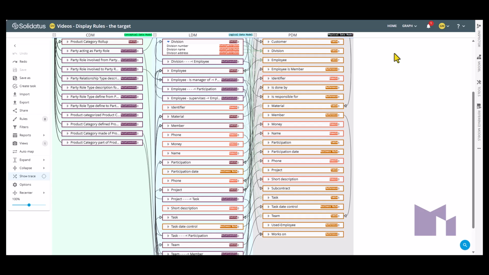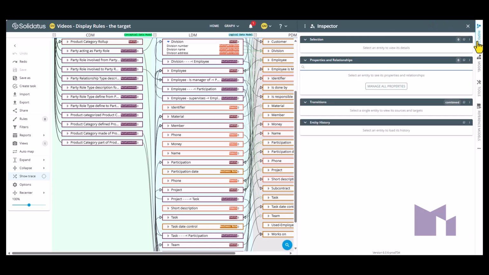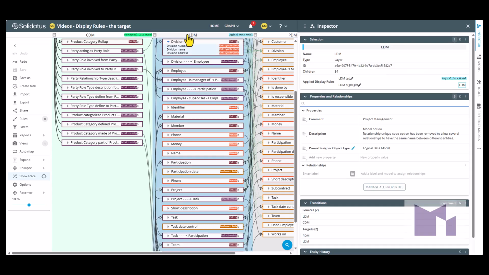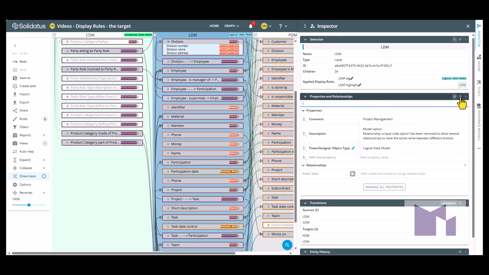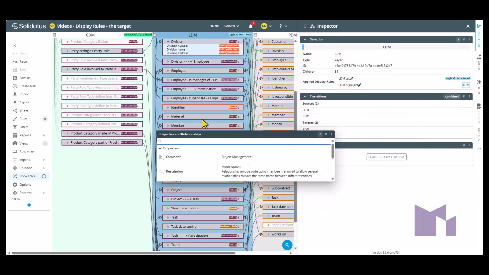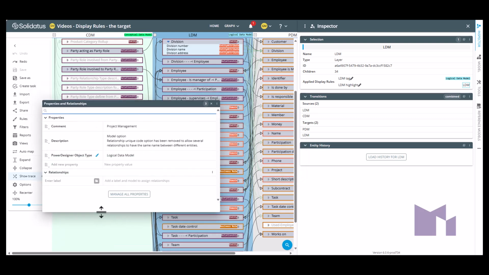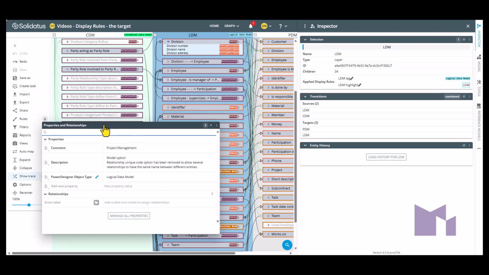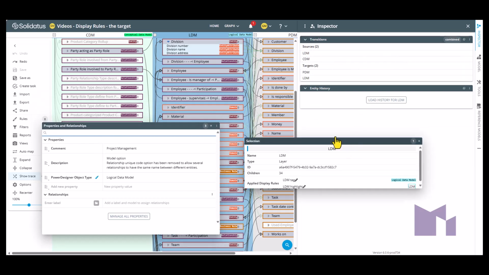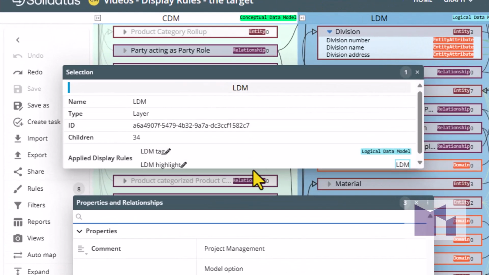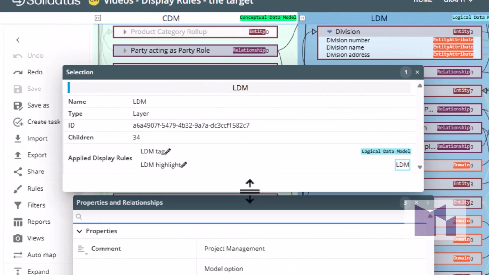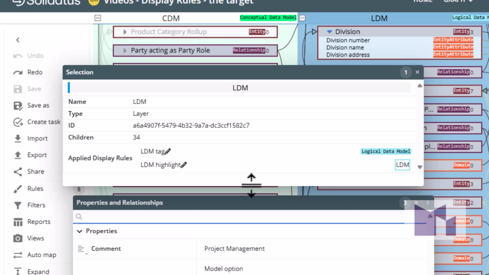For example, if I click on the LDM here, it has a number of properties here, and it has a number of display rules that it matches.